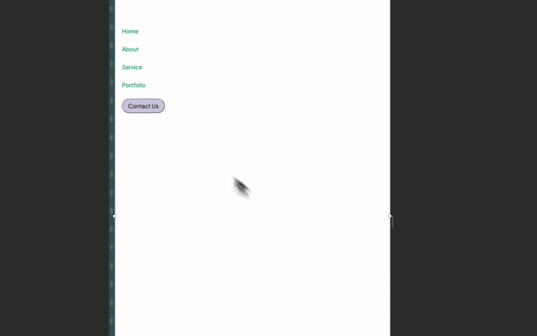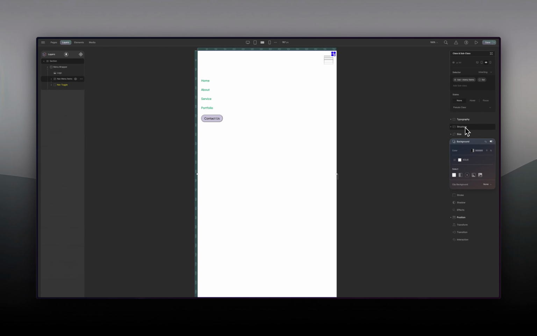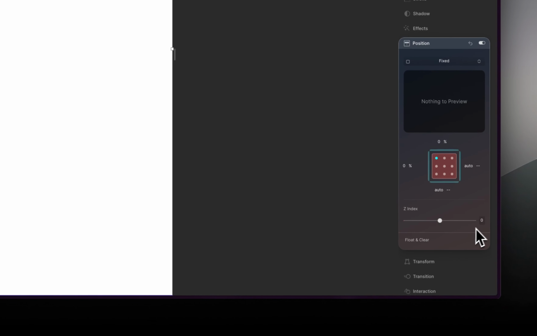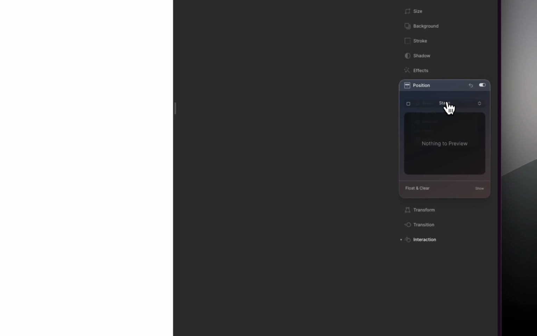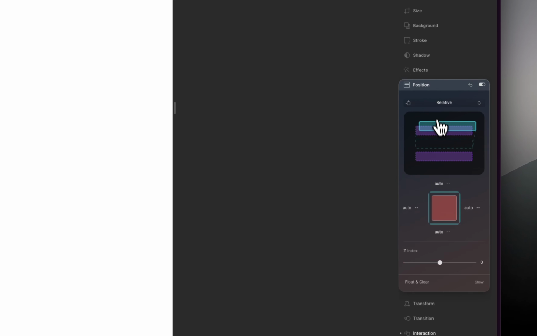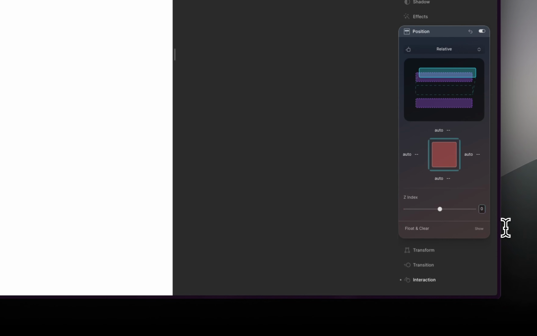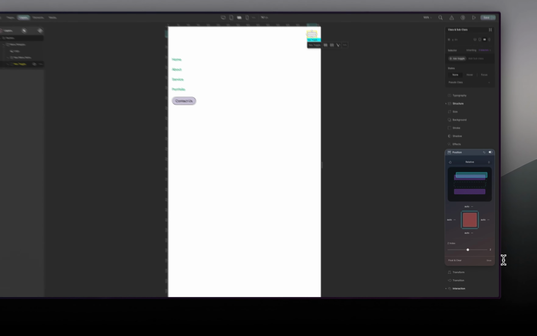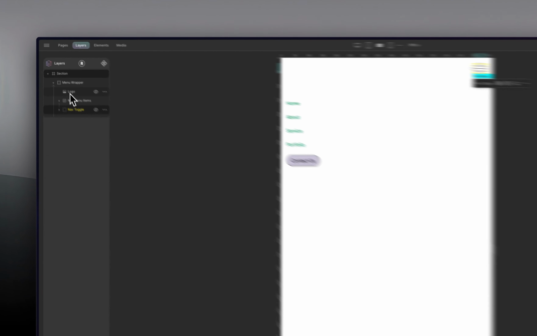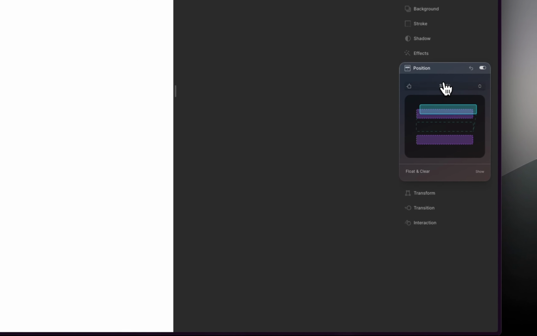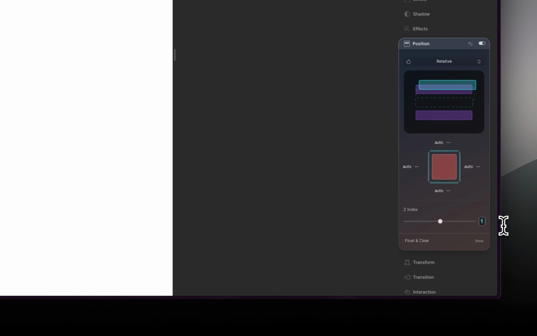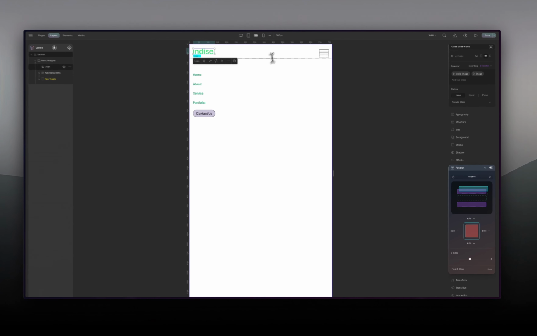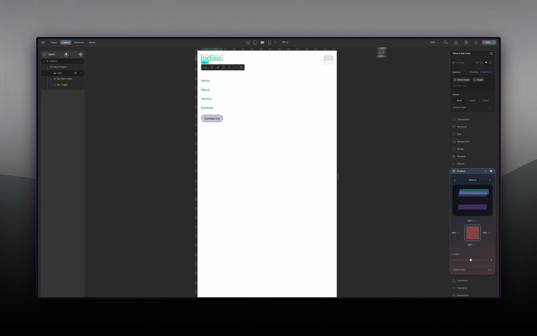After doing that, make sure that you go back into your position, and then we're going to change index to 1. Then we're going to go into toggle in position. We're going to change this one to relative, so you can see the index, and we also change this one to 2, so that it comes on top. We're going to go into our logo because we want to see our logo. Change from static to relative, and for index, we're going to change it to 2. So both these things are now out and about.